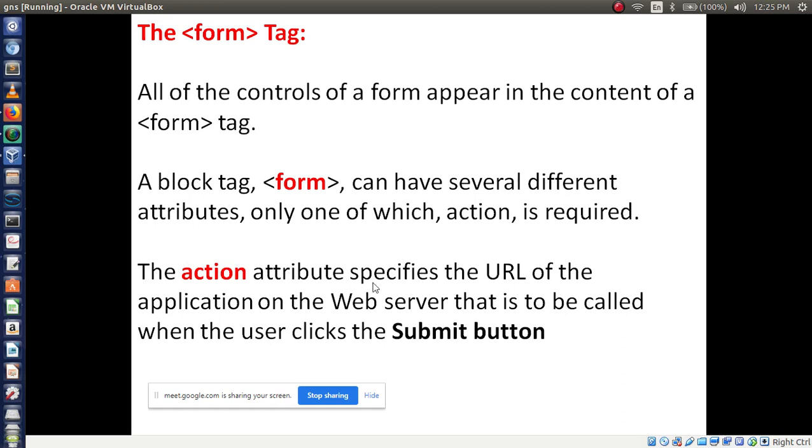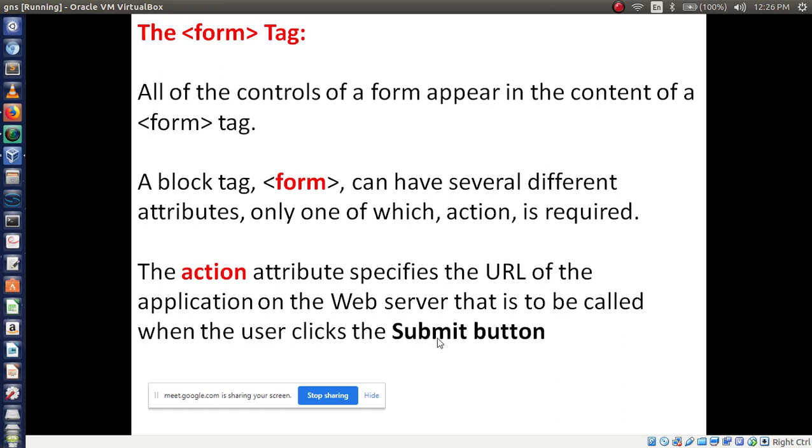Action attribute specifies the URL. URL means what? It may be next page or it may be database path. URL, application on the web server that is to be collected. When it is to be collected? After clicking the submit button.